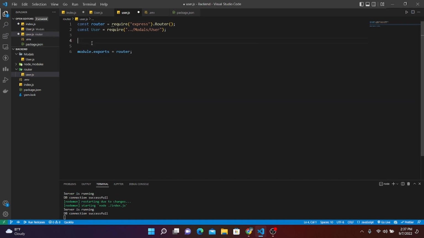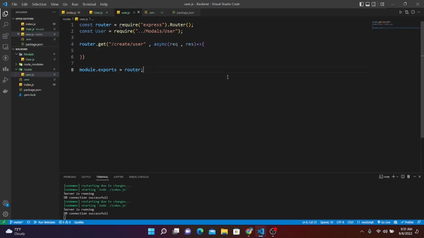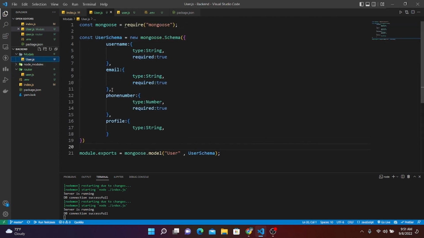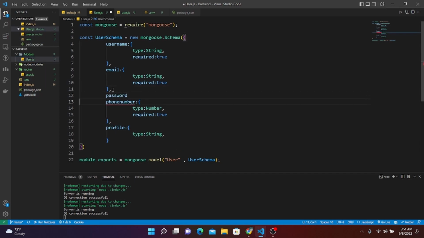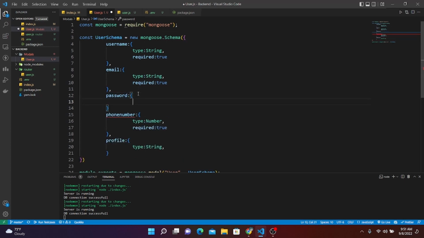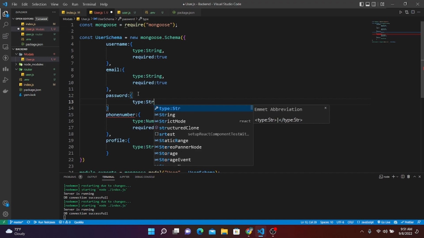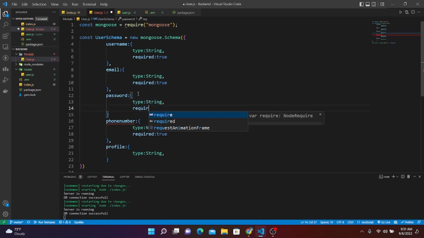and let's write router.post, and let's write create slash user, and let's write async request, response. So now before writing our code here, I just missed out something in our model. Here I just missed out my password because we need a password. Okay, so let's write type string, and required will be true,